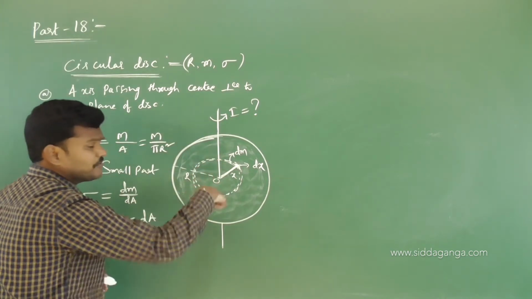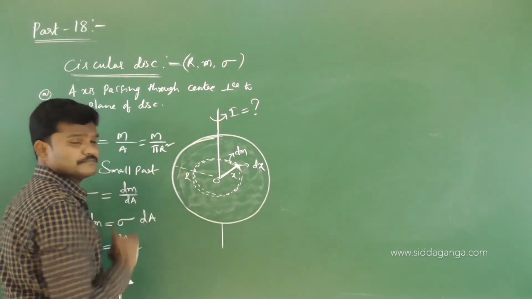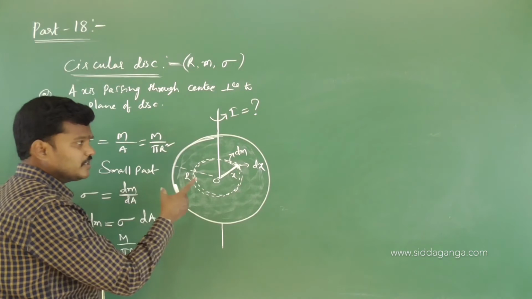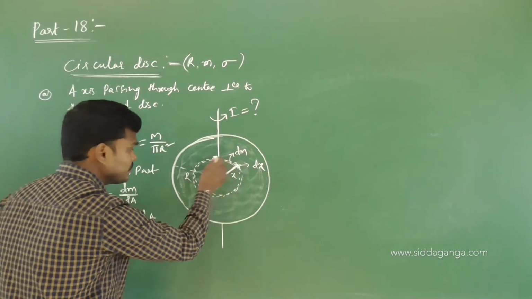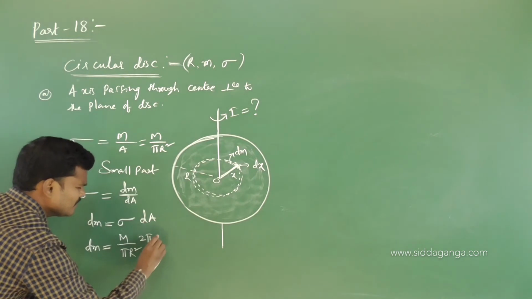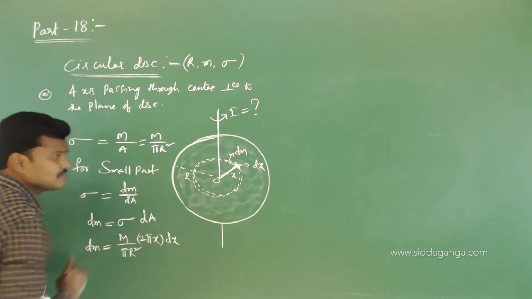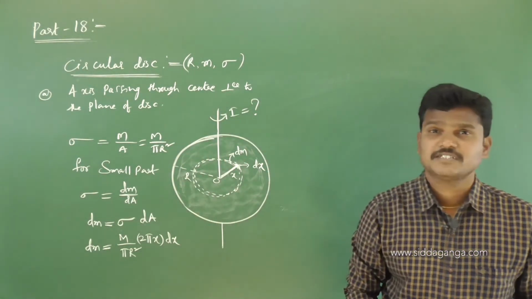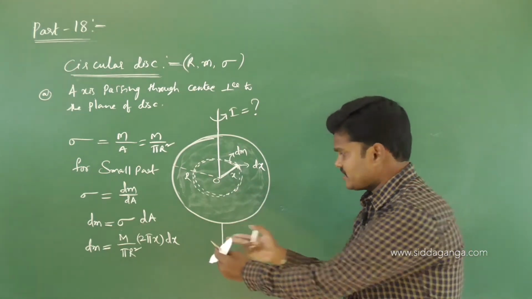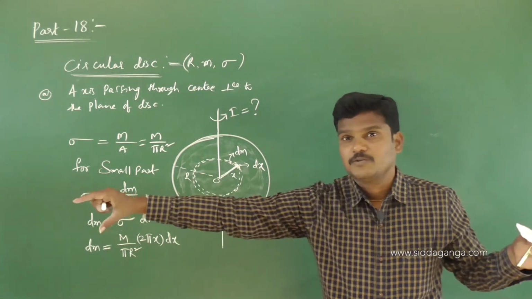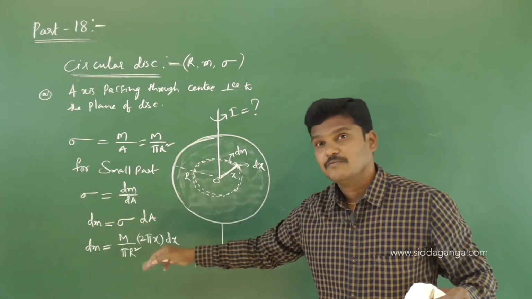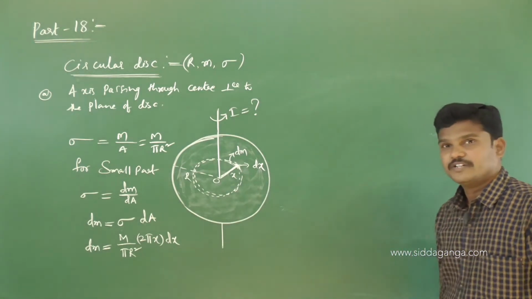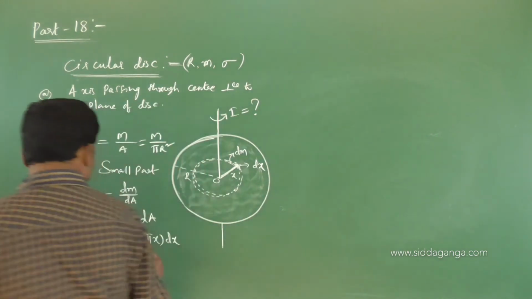dA is nothing but the area of this circular ring. So tell me what is that? Length into breadth, means circumference. Circumference of the ring is 2 pi x, breadth dx. Got it? Take the small part outside and find the area of that part. Don't write pi x square. Take the small part outside, cut it and stretch it on a floor. Then you take the length. What is that length? 2 pi x. What is the breadth? dx. Thickness is dx. So 2 pi x dx. Got it? Now pi gets cancelled.